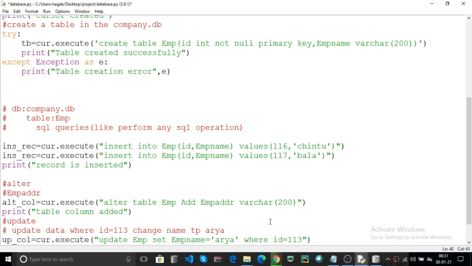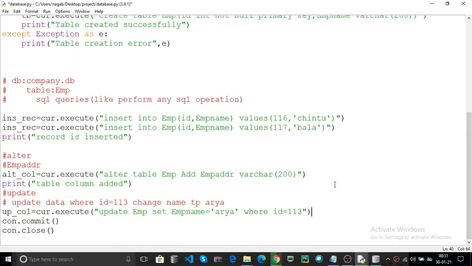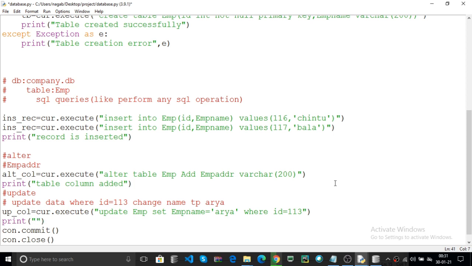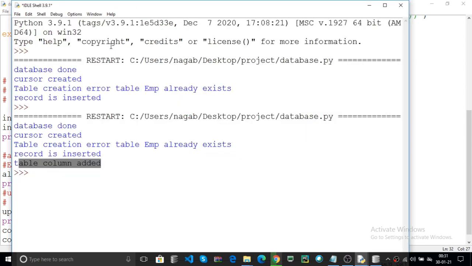Now this is the update query. Now print column data updated. Now here you can use any other IDs because these are the integrity constraints. Now click on F5.